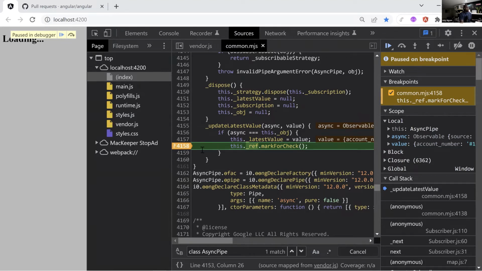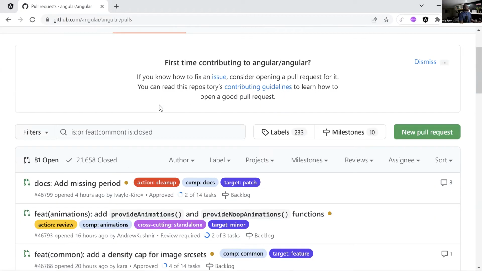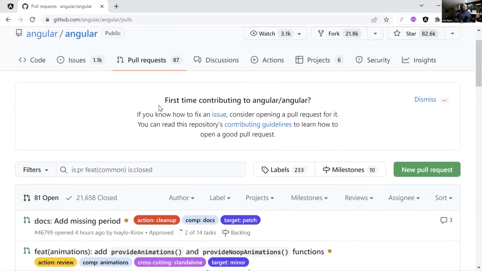And we can do way more than that. That's just to give you a quick example for this particular use case, so that's one of the things that I wanted to show. The other thing is, if you want to learn about Angular, be familiar with the Angular source code. So if you go to Angular, what I like to do sometimes when I'm having my coffee in the morning is just to go and look at the pull requests in the Angular repo and look at the ones that are closed. Why am I doing this?